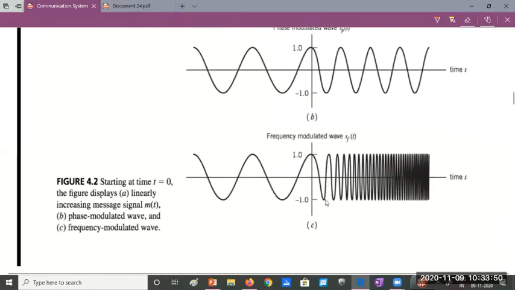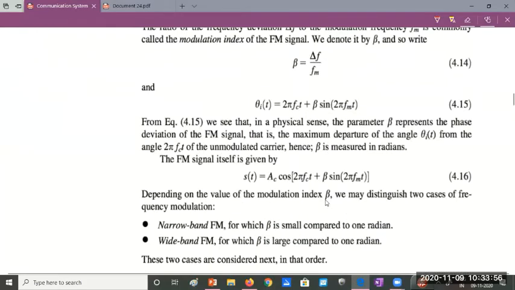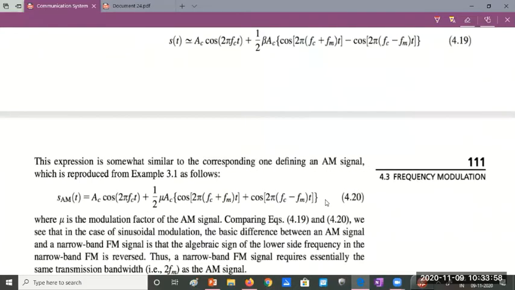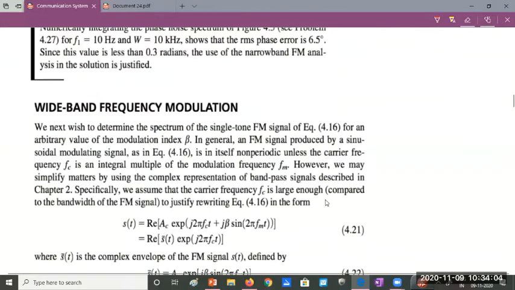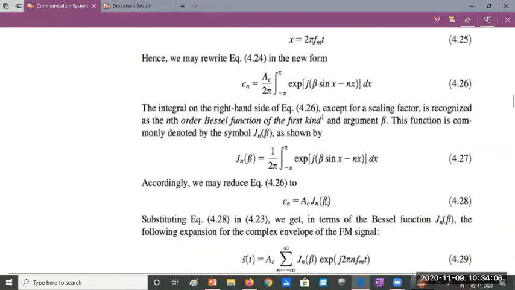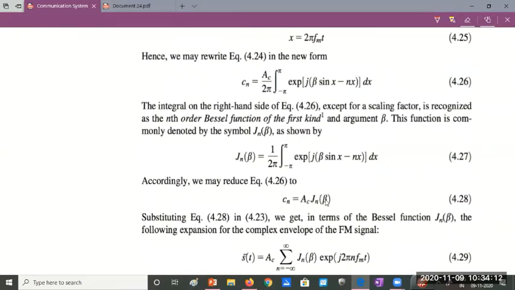And I think we already spoke about the frequency modulation equation and narrow band frequency modulation, the phasor diagram, and also the wideband frequency modulation we derived in the last class. We used the Bessel function because it would reduce to the form. When we used the complex exponential Fourier series, the integral would come to this form, as you can see.